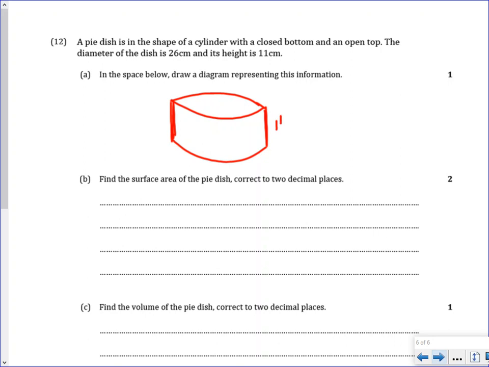So the height is 11 centimeters. We're told that the diameter is 26 centimeters. So next, the surface. We want to find the surface area of the pie dish correct to 2 decimal places. So this is going to be kind of a modified form of the surface area of a prism, a cylinder